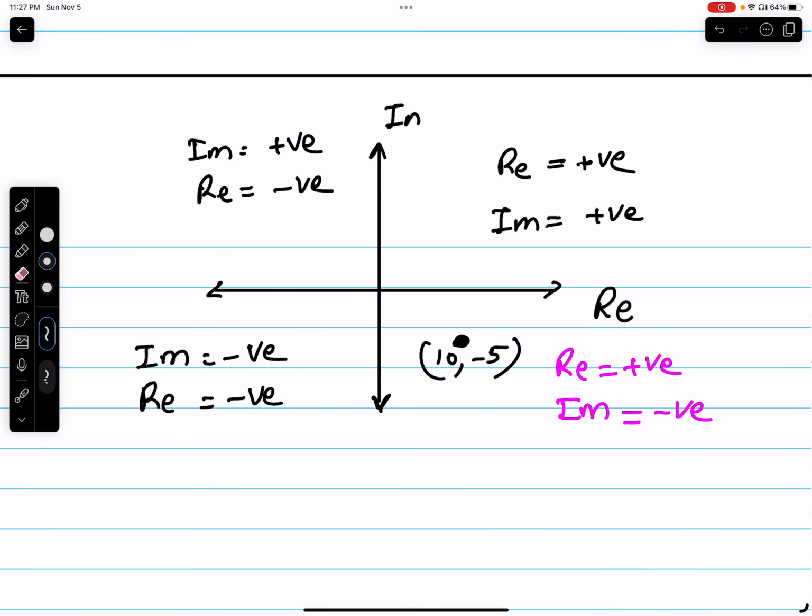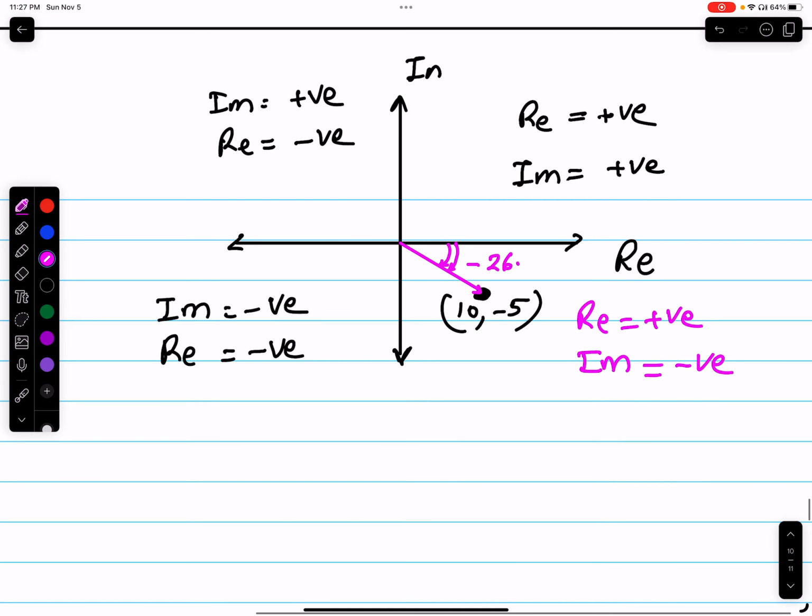Therefore, we have to be careful when we do this. We want to make sure that we report the angle in the fourth quadrant. So negative 26.56,